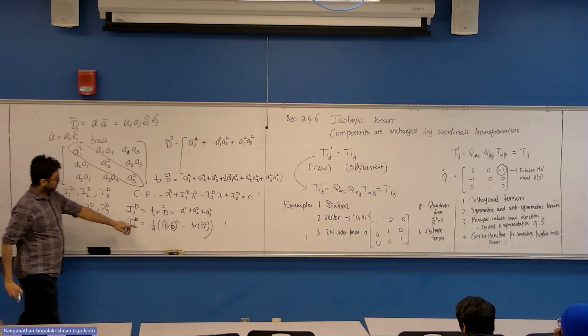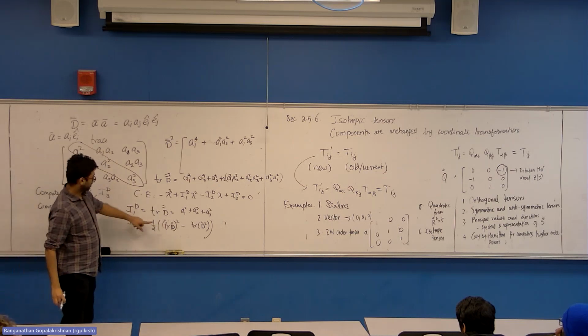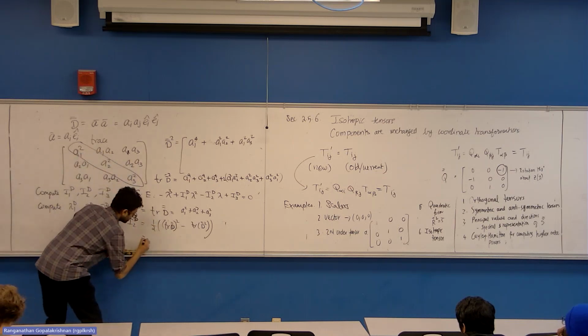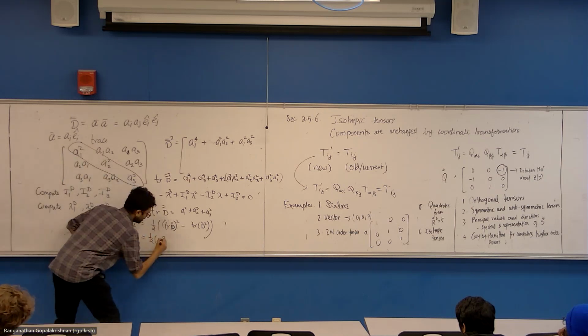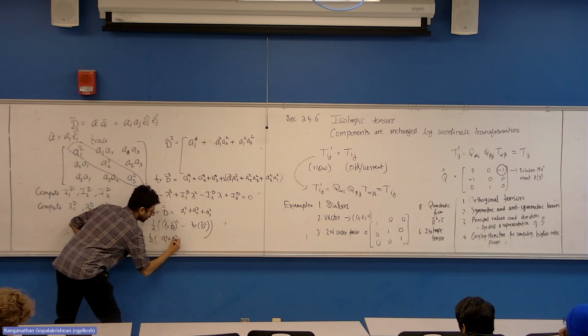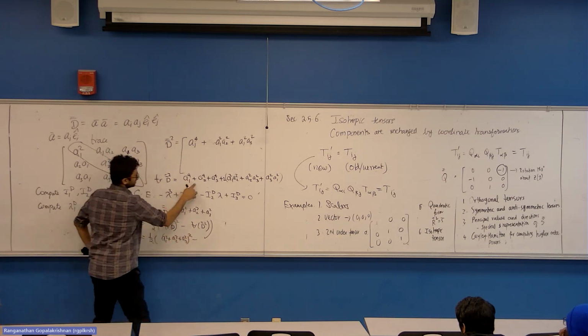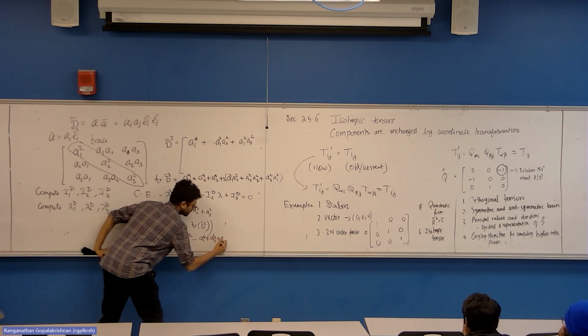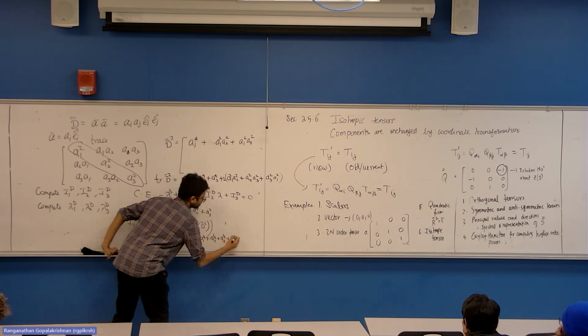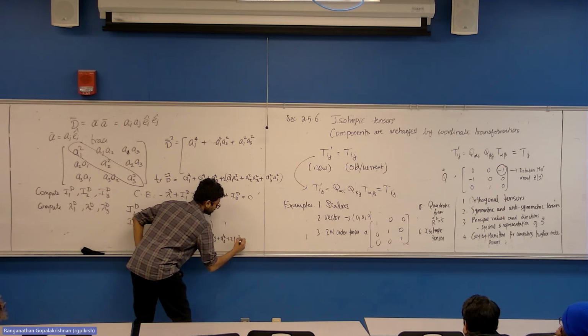So I'll take half of the trace of D, squared, which is A1 squared plus A2 squared plus A3 squared, the whole squared, minus this A1 to the fourth plus A2 to the fourth plus A3 to the fourth plus 2 times A1